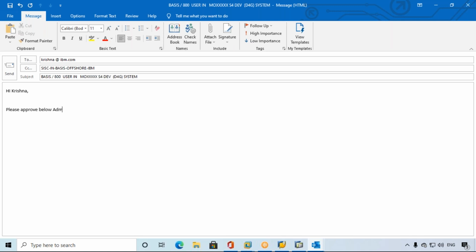Below, the admin change. Here we need to mention the IBM. This is the admin change request number, so we should always highlight this request number.